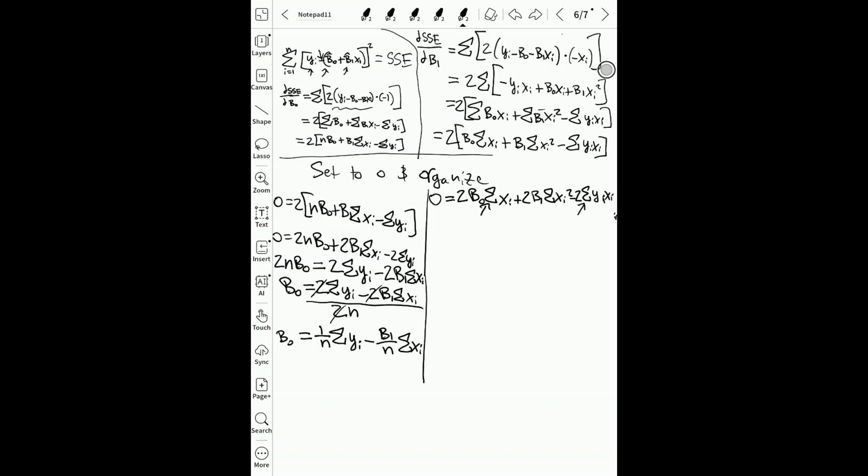Hopefully that's not confusing, but ultimately I want that beta 1 to have a positive sign, so I'm not going to subtract by it. So we've got 2 beta 1 sum of xi squared is equal to,